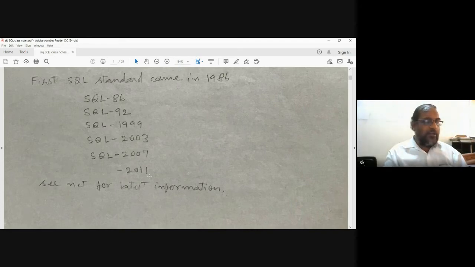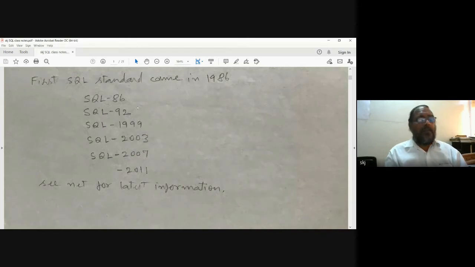Most of the database management systems in use very frequently support SQL 92 features, and for most of the features required for general purpose database management, the SQL 92 standard is supposed to be sufficient.